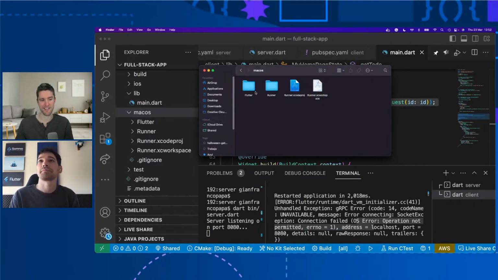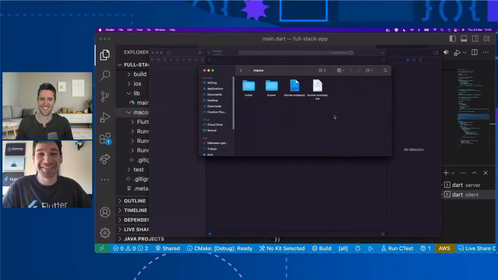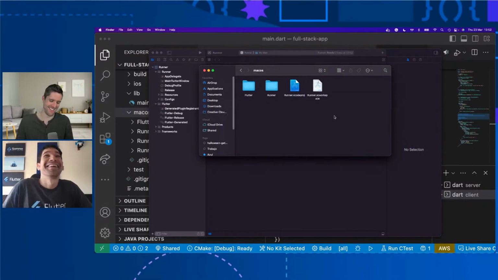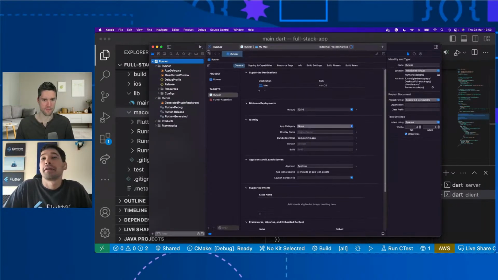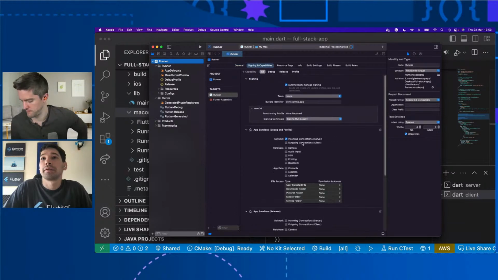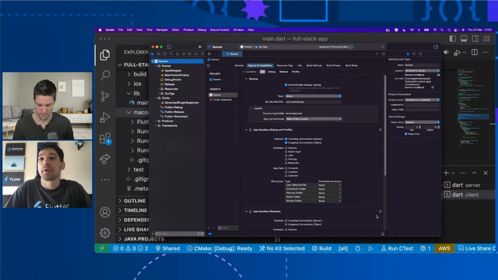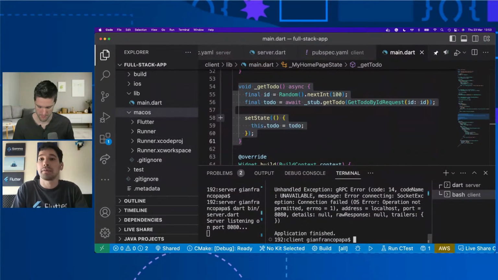I thought you were gonna show me the greatest trick of all, not opening Xcode. Not this time. Here would be signing and capabilities, outgoing connections. Okay, so we have to restart everything, but this time it's going to work.